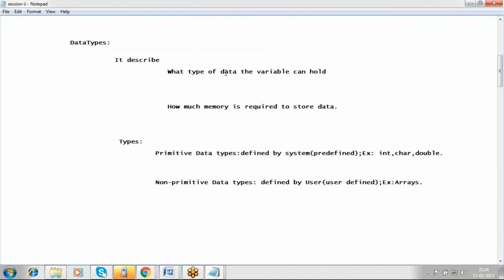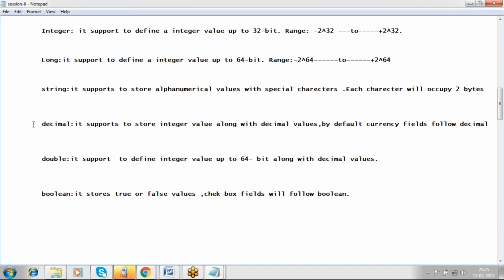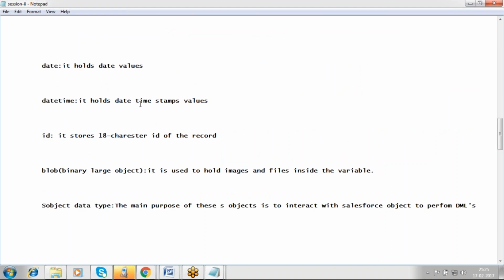Next, date and time, ID, blob, sObject data type. Integer, these are the types of data types. I will explain the types of data types. Integer is used to define an integer value up to 32 bits. The range is